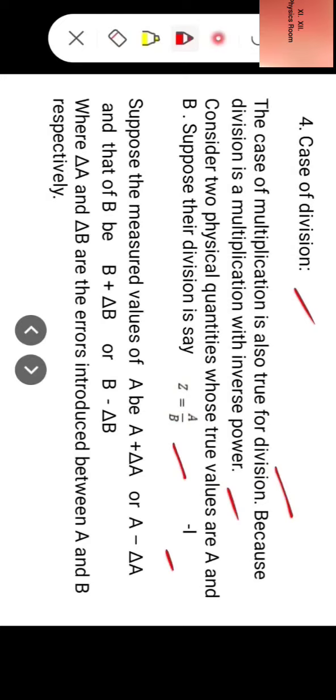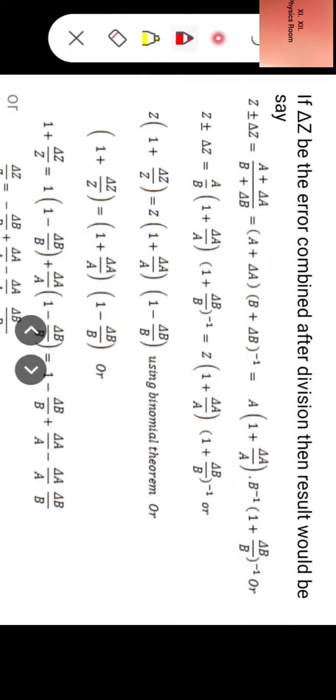Suppose the measured value of A be A plus delta A or A minus delta A, and that of B be B plus delta B or B minus delta B, where delta A and delta B are the errors introduced in A and B respectively. If delta Z be the error combined after division, then the result should be, say, Z plus minus delta Z